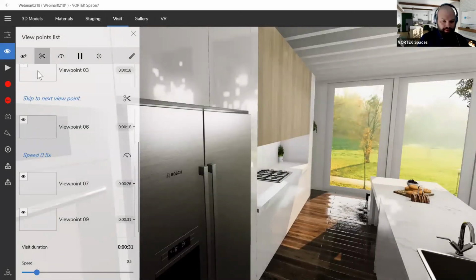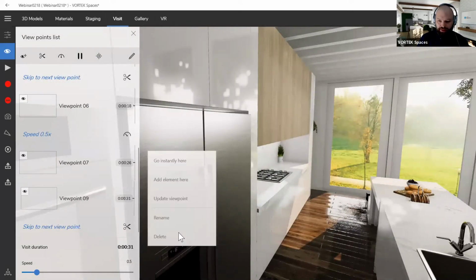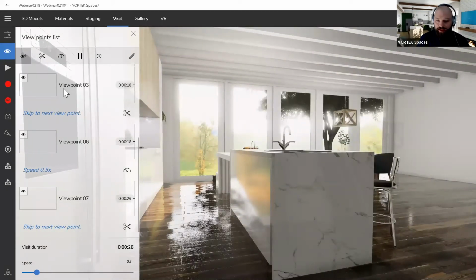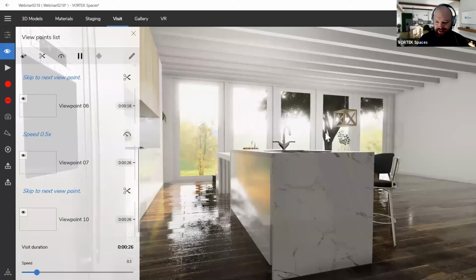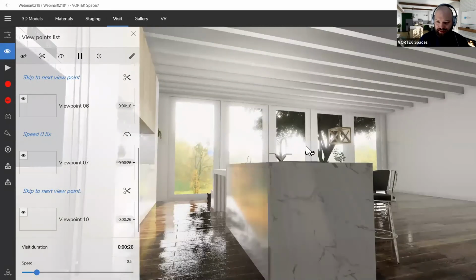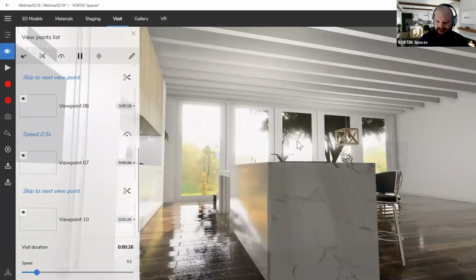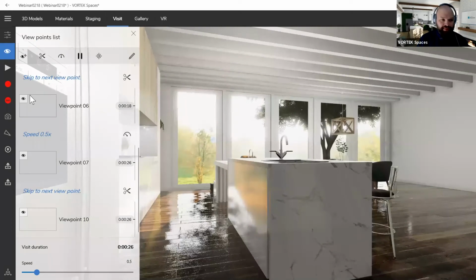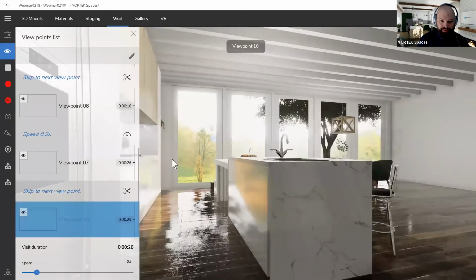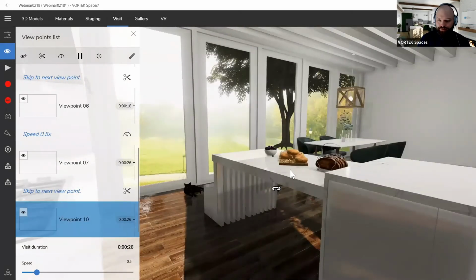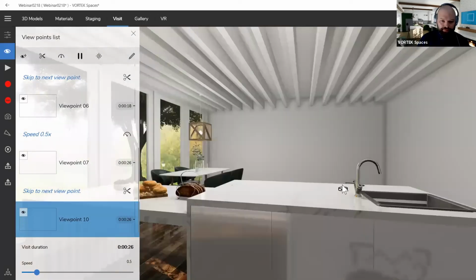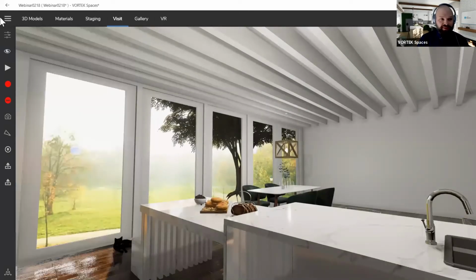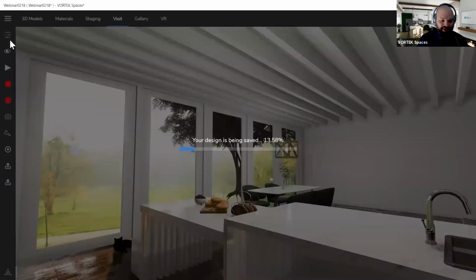Then I'll add another viewpoint, maybe on this side. When I'm right here, maybe you can see it or not on the screen, but there's something called a sun shaft. You see the sunlight beams coming into the project when you look at a window when it's really, really bright. So now I have this viewpoint, and maybe I'll finish here. When I'm done with my viewpoints, now if I save the project,